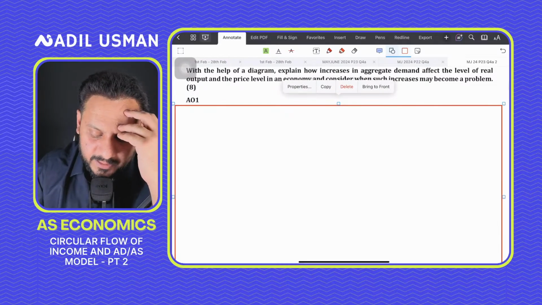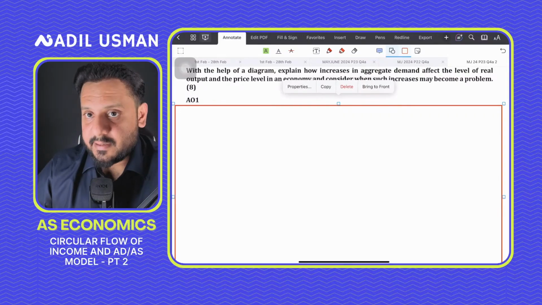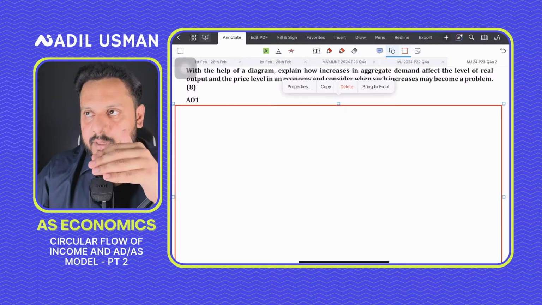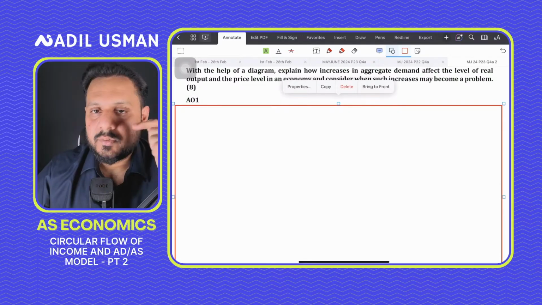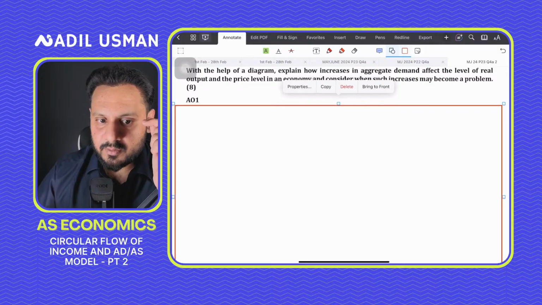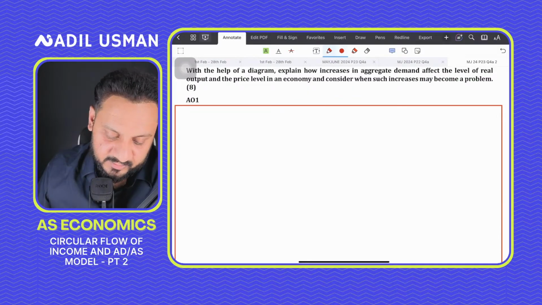In AO1 you will simply draw the ADAS diagram, and you will define what aggregate demand is. So you need to define what AD is, you need to draw the diagram, and then you need to say that when AD shifts to the right, the price level goes up, the real GDP goes up. That is AO1. And then the question says,